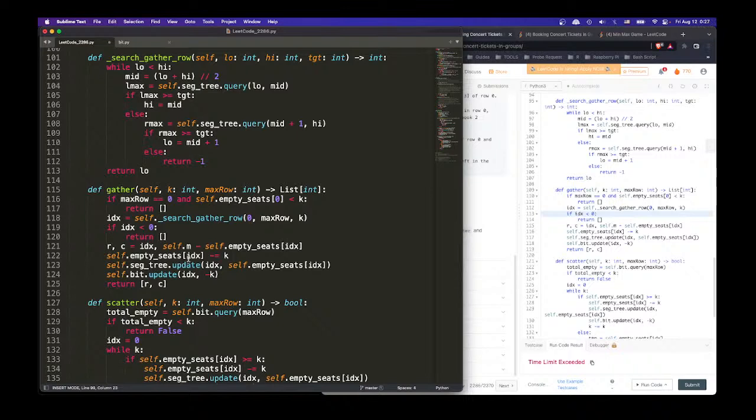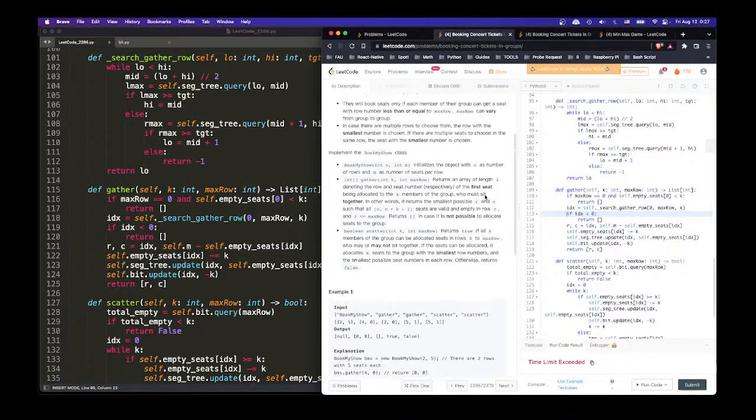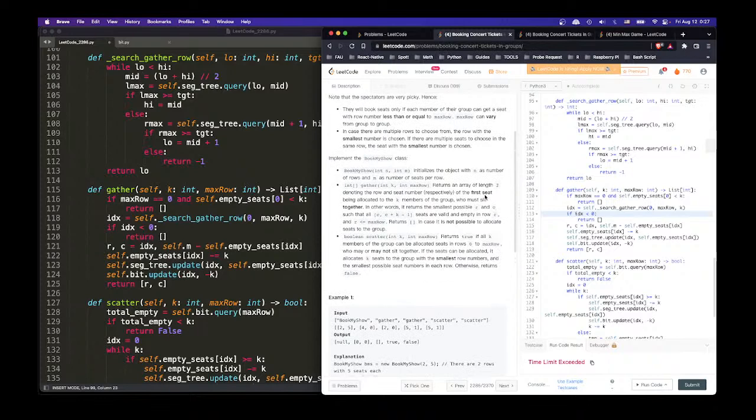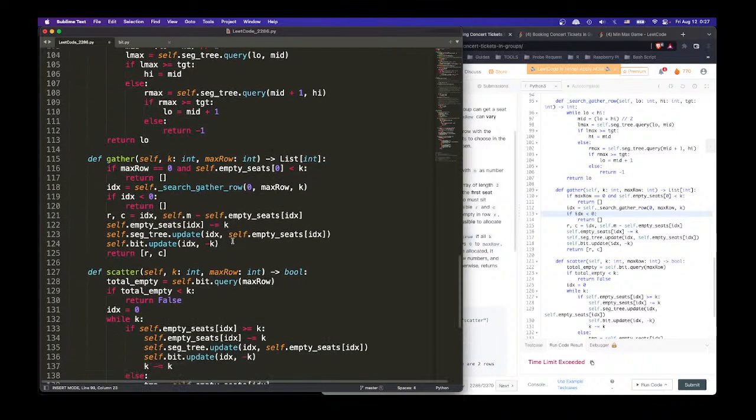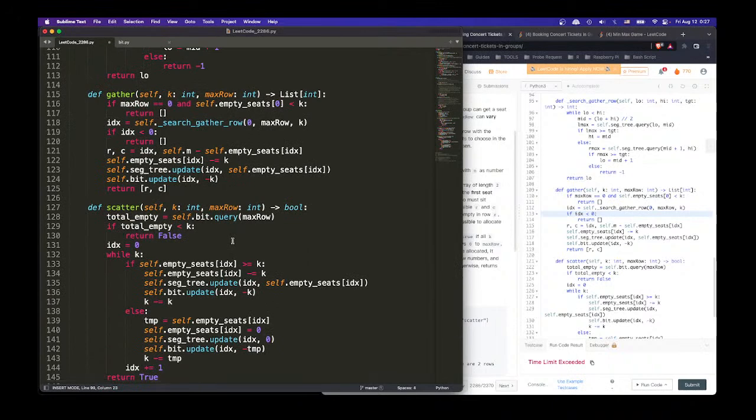Whoa, hold on. It will fill. Gather will not change the front, because gather will try to find a row that fits. So gather is to find a maximum row, and we're going to fit it, right? So it will change every time we call scatter, because in scatter we go row by row, and otherwise the index equals